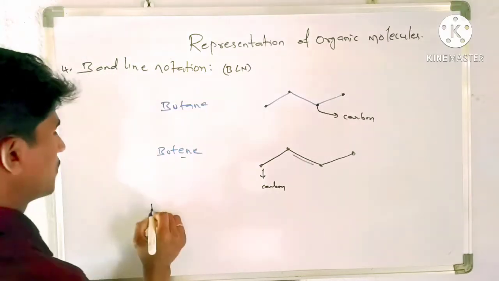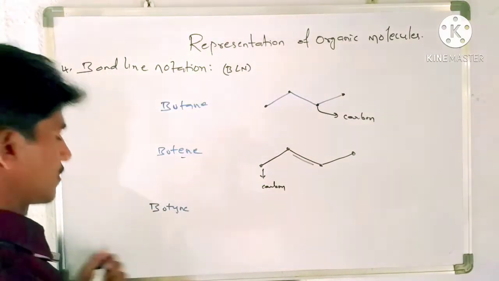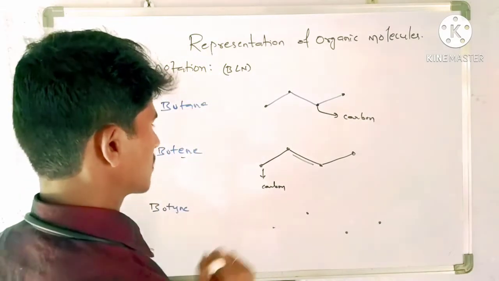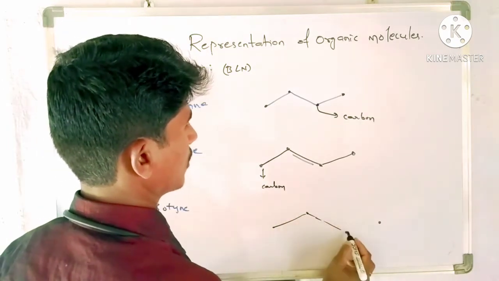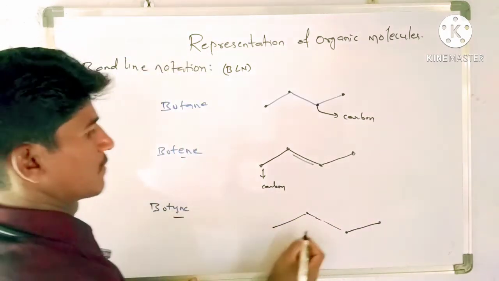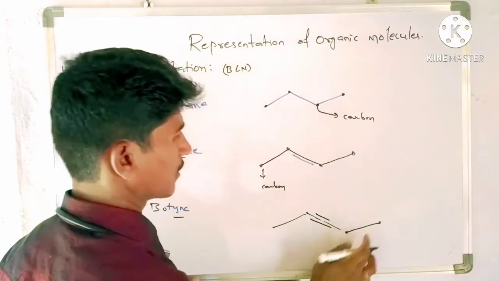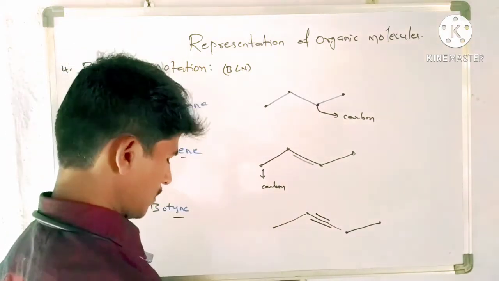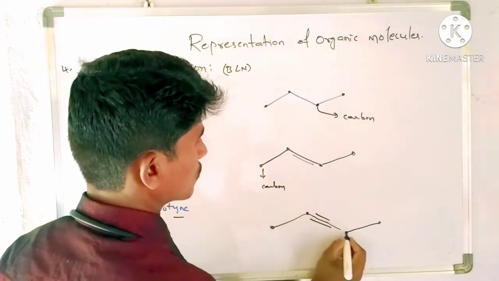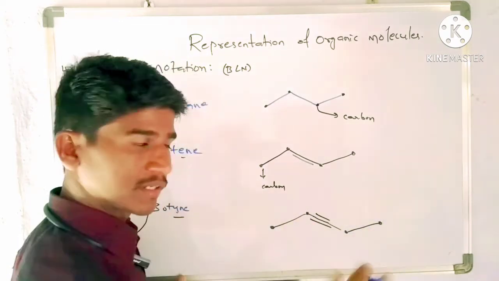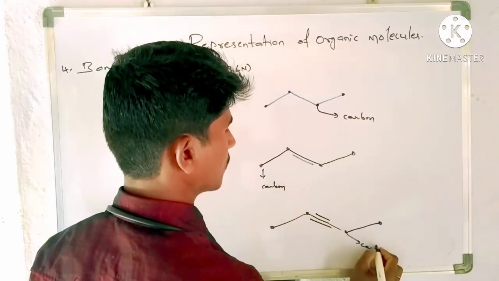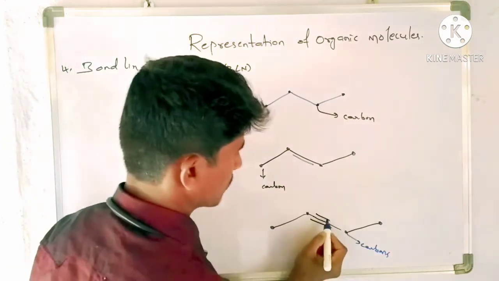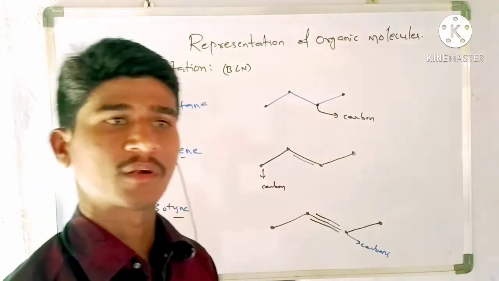So the next one is butyne. So here 1, 2, 3, 4 carbons. Okay, so these should be arranged. Yne means 1 triple bond is there. The triple bond may be present here or here or here. Let's assume the triple bond is present here only. This carbon has only 1 bond, so internally we have to assume that. At this carbon and this carbon, 3 hydrogens are internally there. Dots are nothing but carbons, and between the carbons a triple bond is there. This we have to represent perfectly like this. This is bond line notation.